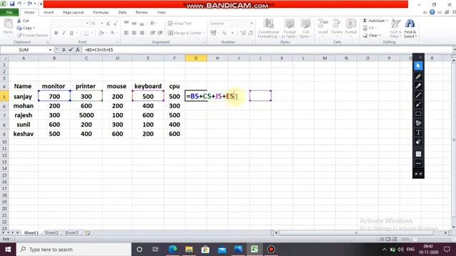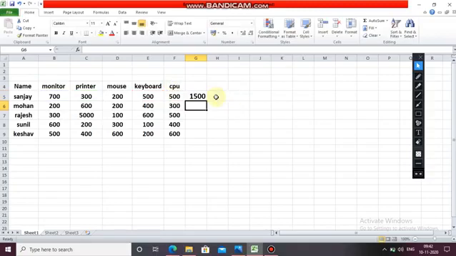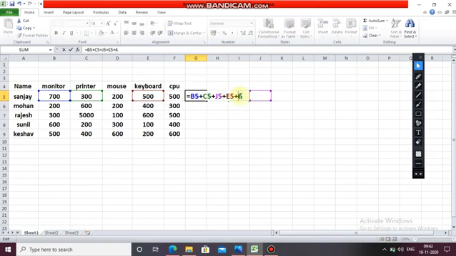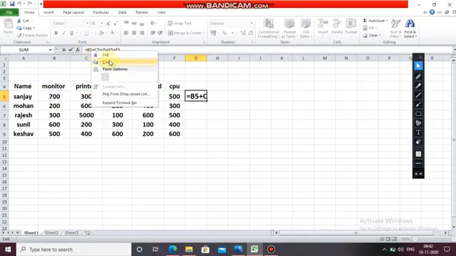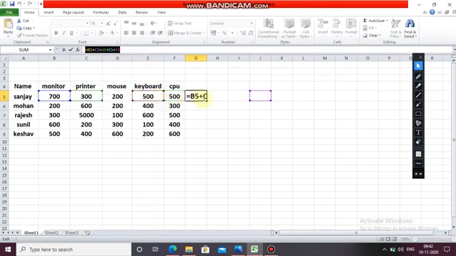So again, plus this one also. Now enter. 1500 is taken. I think the cell value was wrong. This is the cell reference, F. Okay, enter. 2200. Now you can copy the formula from here, but here it is given, so you just see the plus sign. As you can see here it is plus, this changes to this, I'll just drag it.